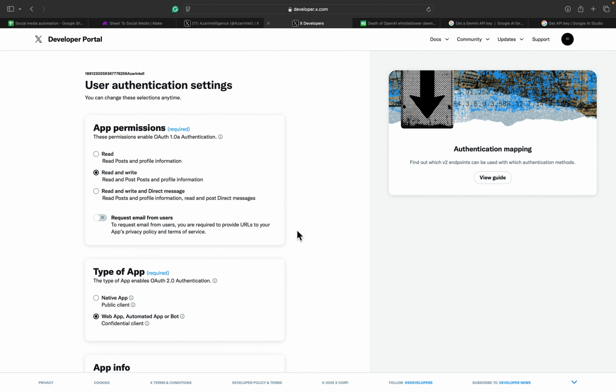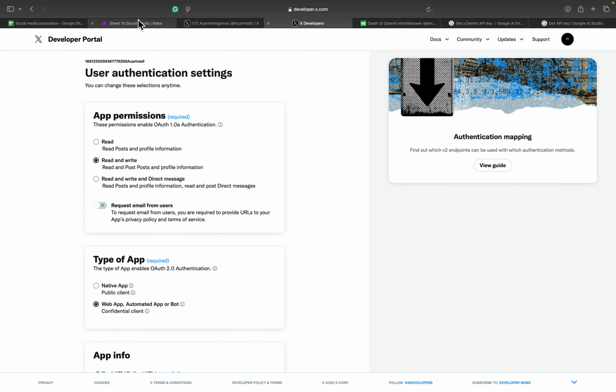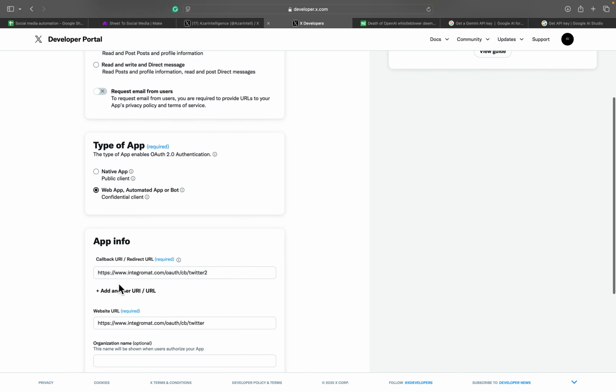Once you're on this page, you need to give the app the permissions, right? You can give the app this permission, which gives our workflow the ability to read and post posts and profile information. That's good enough. For the type of app, say web app, automated app, or a bot. And here you need to provide your app info, and sorry, the callback URL and the website URL. And I got these two links